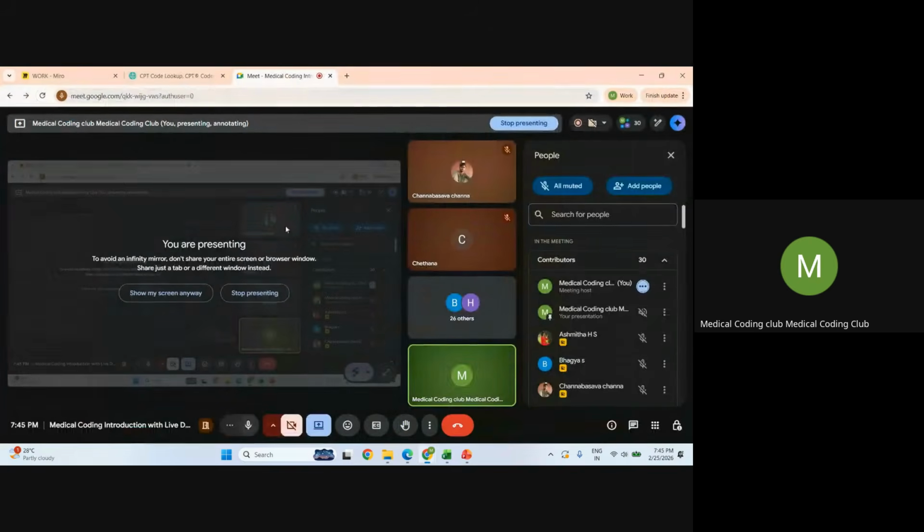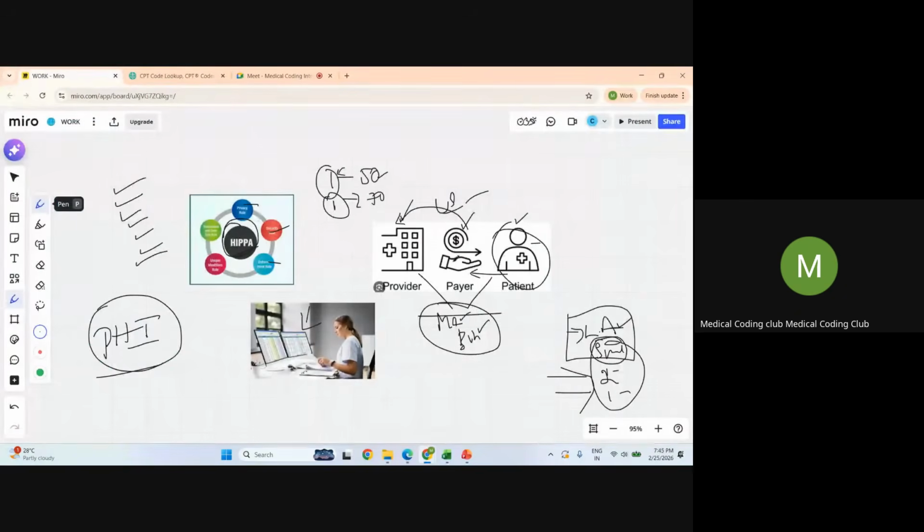Okay, so whatever we do as a medical coder, everything will be secured using HIPAA. HIPAA stands for Health Insurance Portability and Accountability Act. It is established to secure a patient's personal information. There are so many rules. We will be following the HIPAA rules so that we will not be disclosing anything related to patient personal information